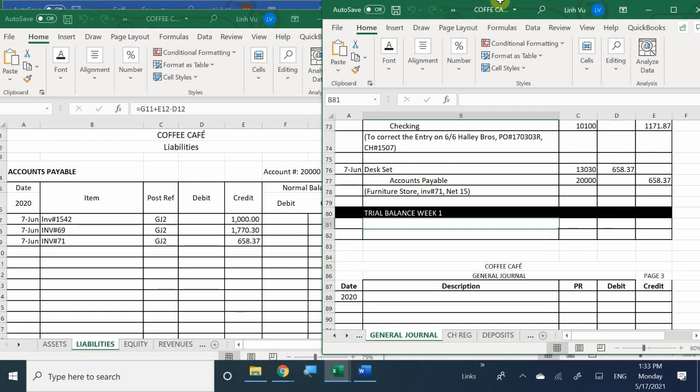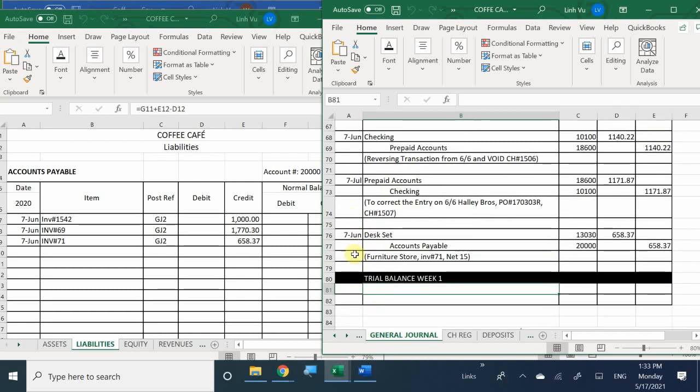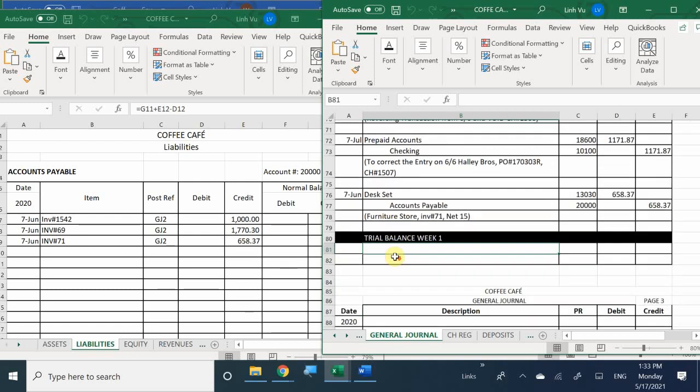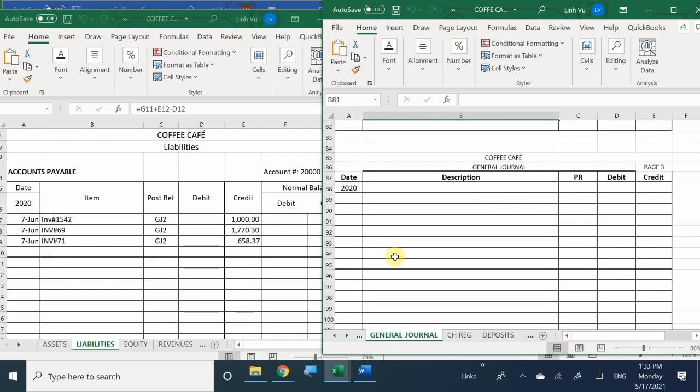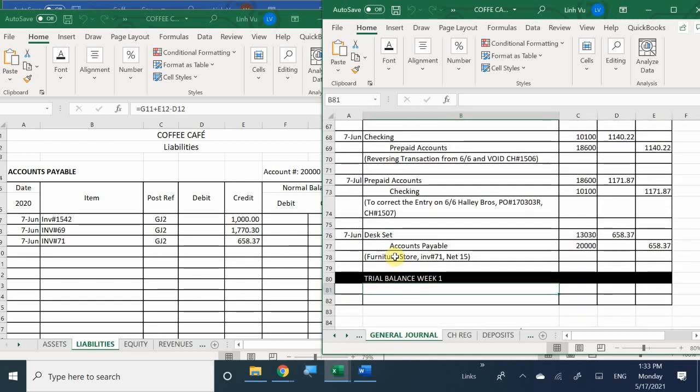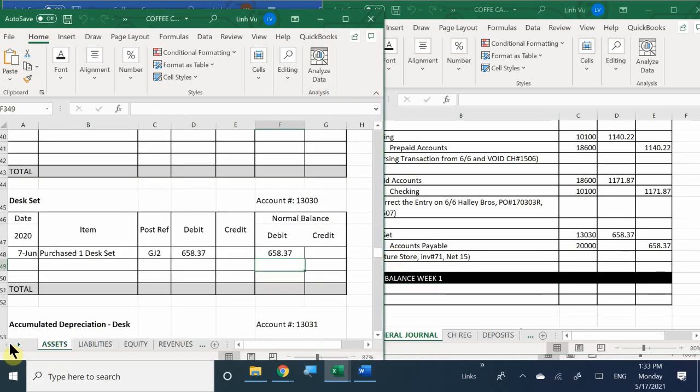So once again, I just added this into the journal. That means the next time we start off the journal will be journal number 3. Now, before we can do that, now that we completed all of our transactions as of week 1, we should have already transferred everything into our